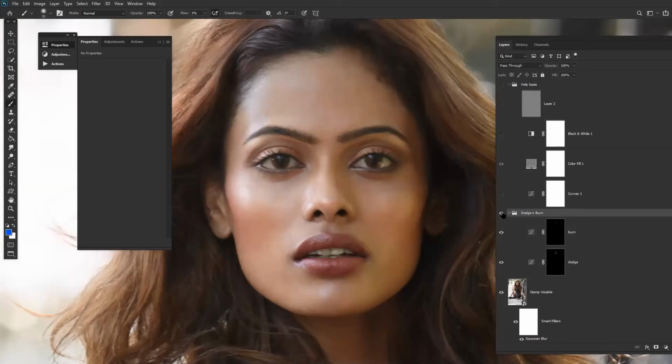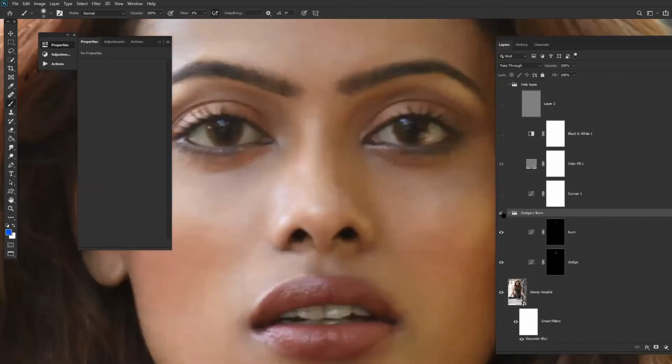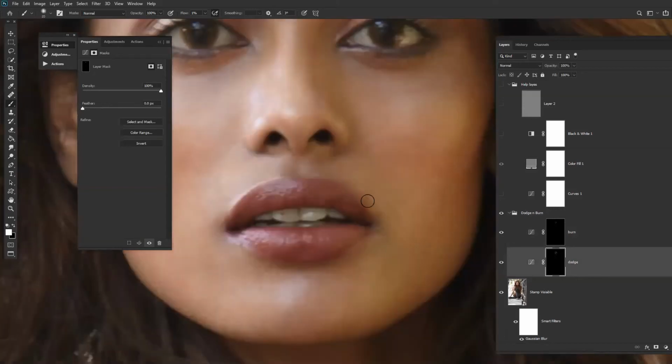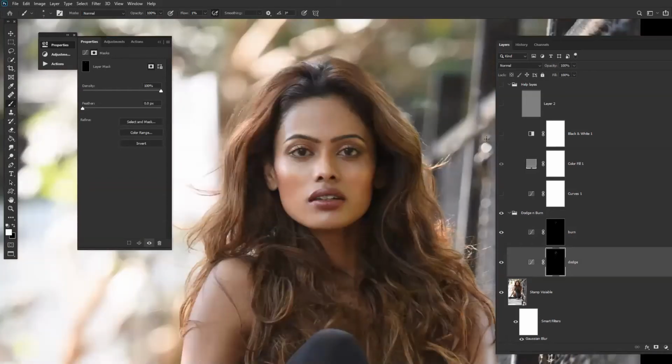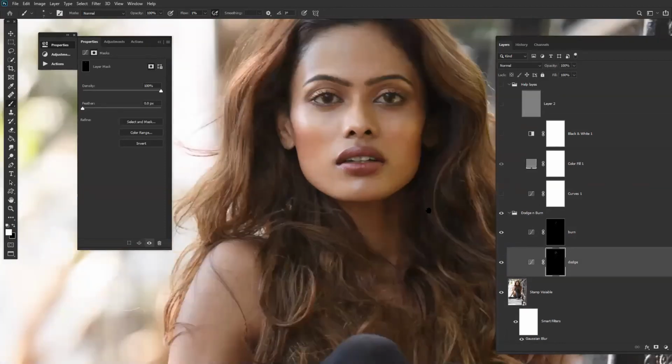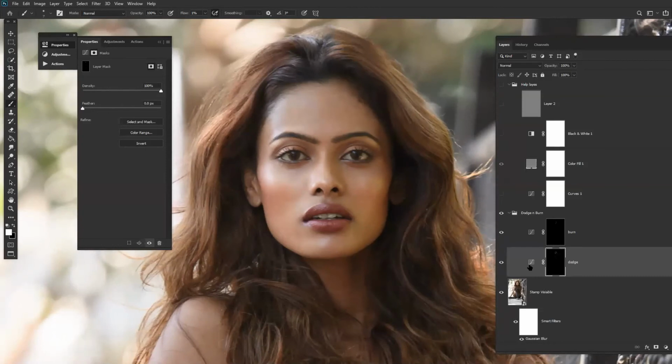Can you see right now how we have changed? Yes. So here is a little area we can burn out, and here is a little we can dodge out. In colors also sometimes you can see visibly. So right, we have worked here in the face, the dodging and burning.